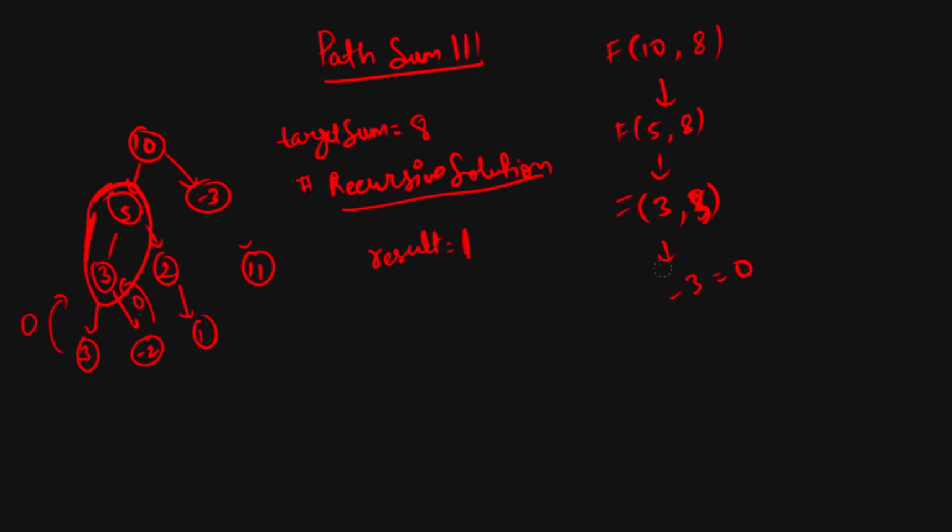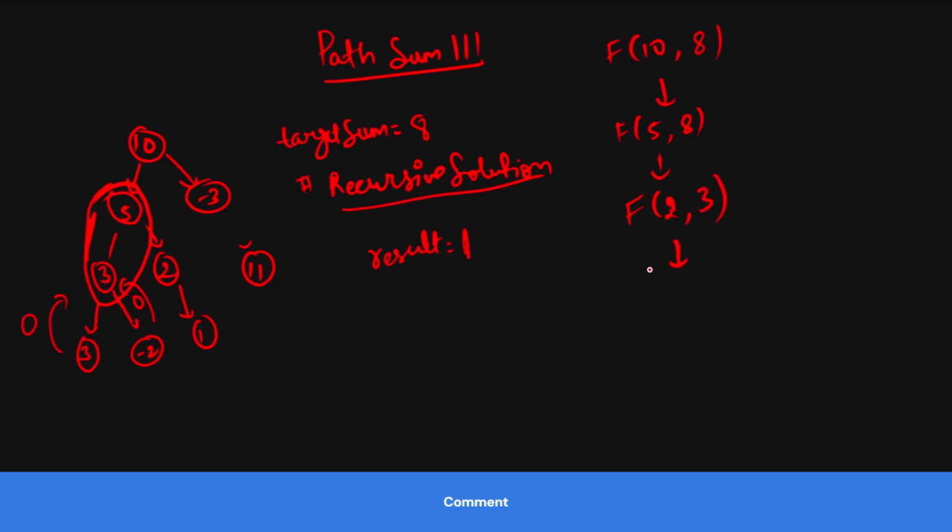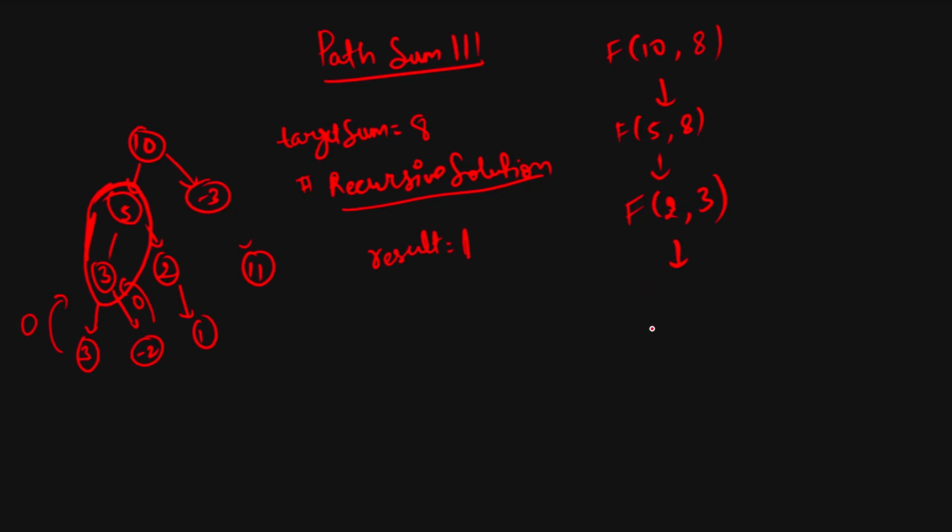In a similar way, I will check without include and with include on the left side, and now I will check the right side. On the right side, if I go without include, it will not give any answer. Now let's see with include. My next node is 2, then it will be 3. If I go without include, it will not give me an answer, since I have to go through all the 4 rows.